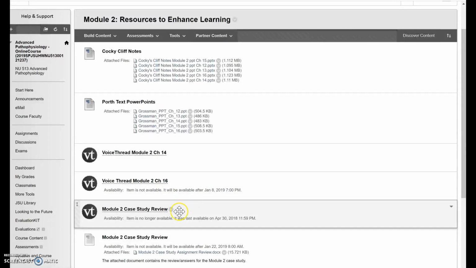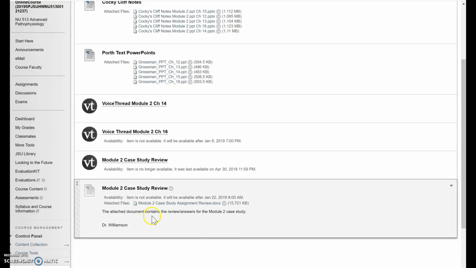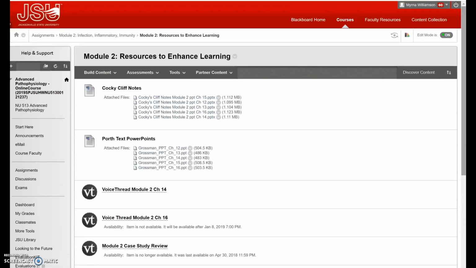And then something new that you'll see this semester is a review of the case study that you'll submit. After you submit the case study, you will have a review sheet. Most of the time it's a document that will show you what the overview of the answer should be, so that you can use that later for studying for your final exam too. Even though we will grade the case studies when you submit those, in most modules you do have a case study overview for it. Okay, so moving back